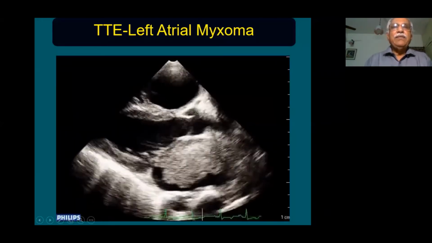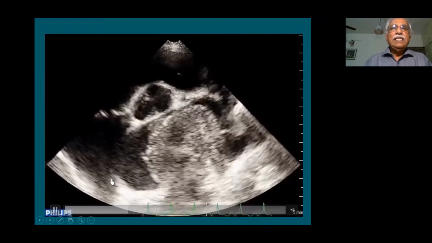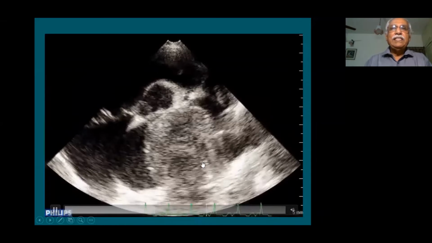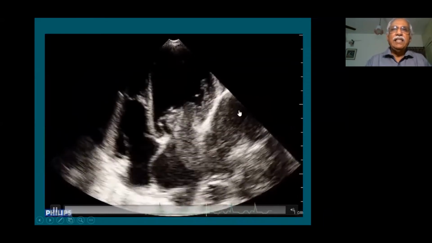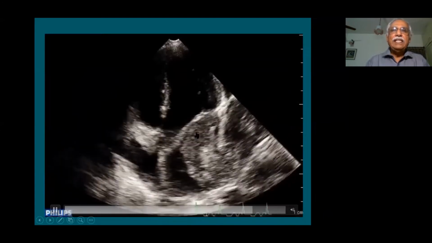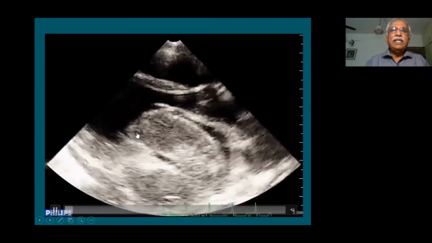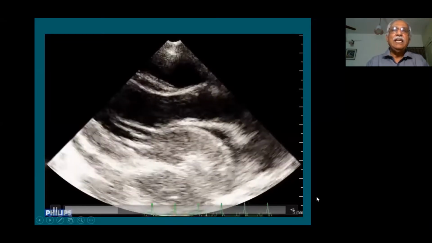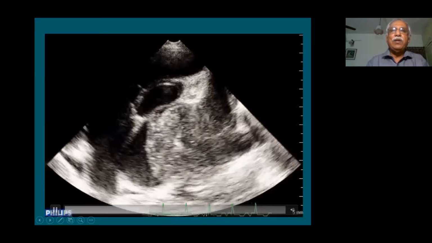In contrast to that previous case, here again we see a mass inside the left atrium. This mass is not attached to the interatrial septum, you can clearly see. And it seems to be arising from the outside. You can see it is entering through one of the pulmonary veins. Clearly here you can see the outside mass, which is entering through the left superior pulmonary vein, and it has entered the left atrium. And this is also mobile. To a certain extent, it is mobile and producing obstruction. This is a mass from a patient with cancer lung, which is extending into the left atrium through one of the pulmonary veins, the left upper lobe pulmonary vein.